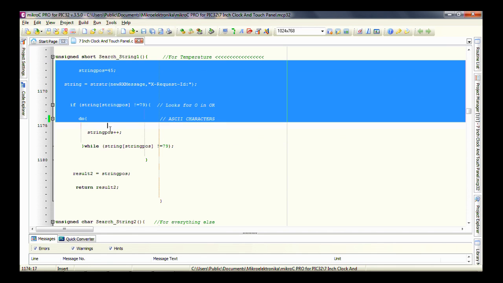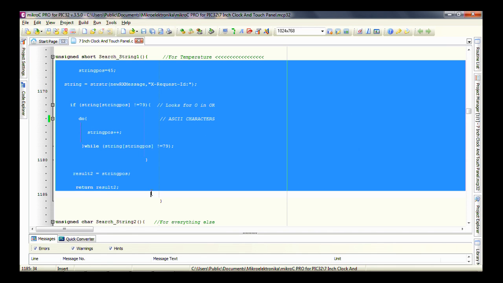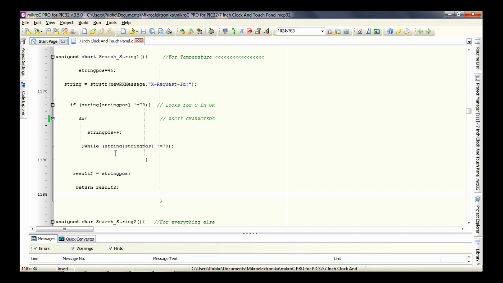I developed this ingenious method. I don't know, maybe other people have got it. I thought, how could I find a character in a string? So I use this if and do loop. Because I know the string is at least 120 long, and I know the OK is going to appear